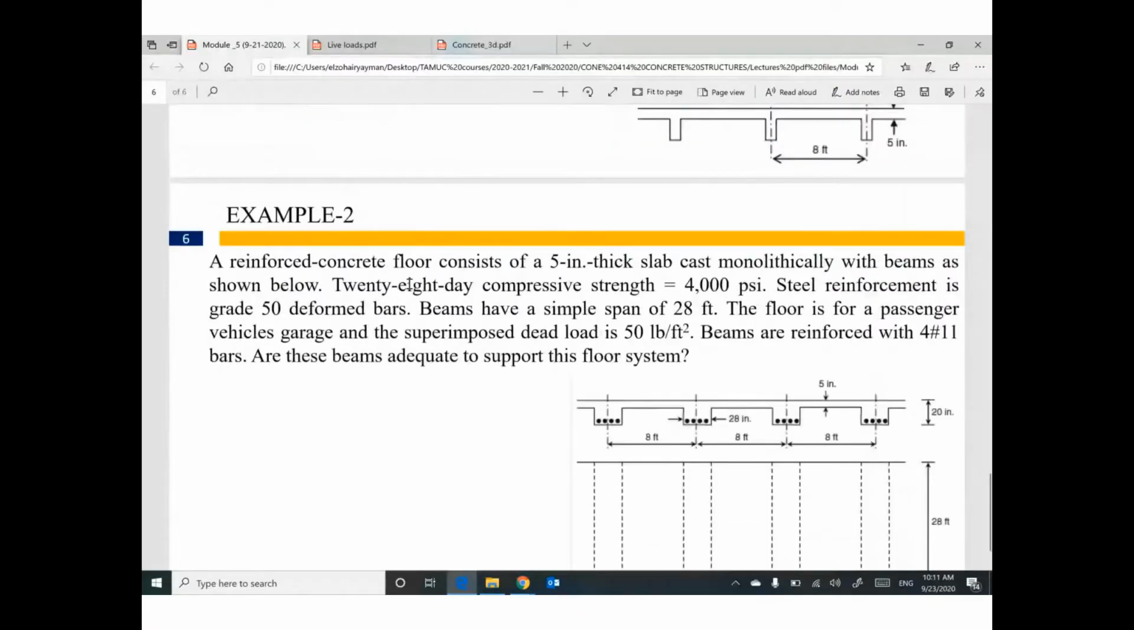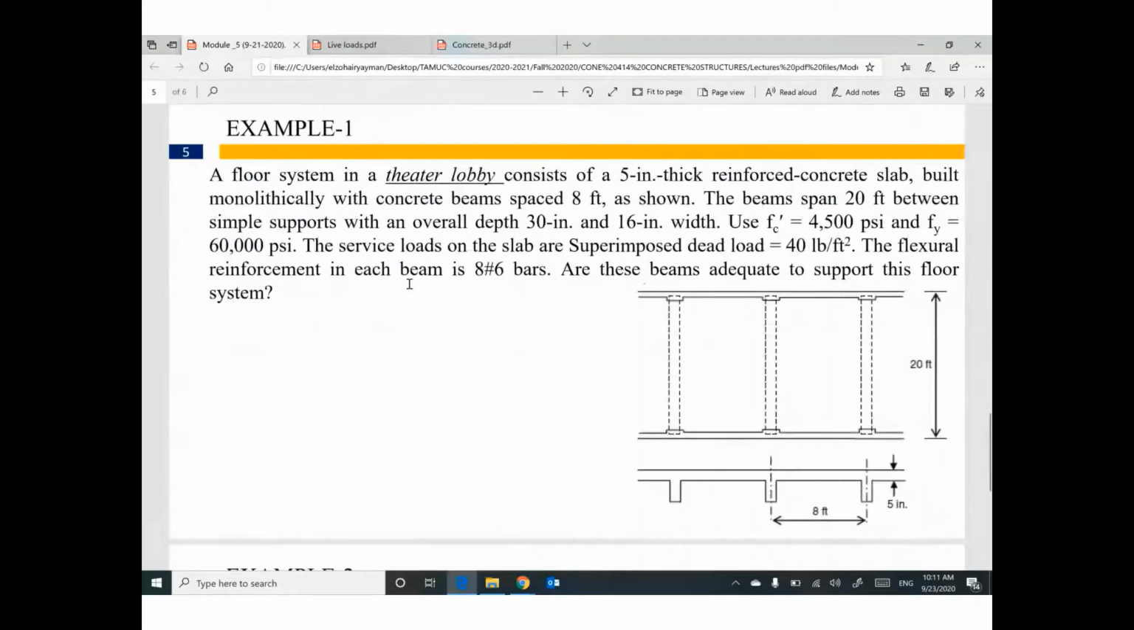Both of them are identical. So let's try to read something. First problem, we have a floor system. This floor system looks like